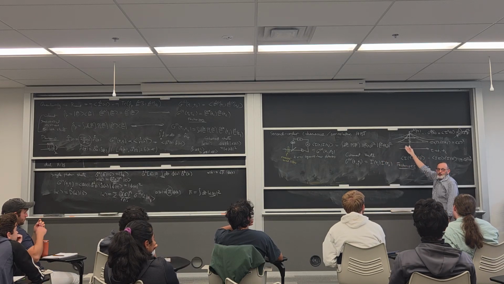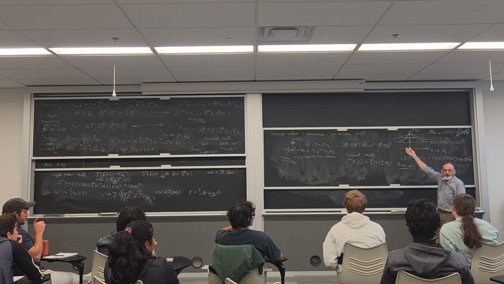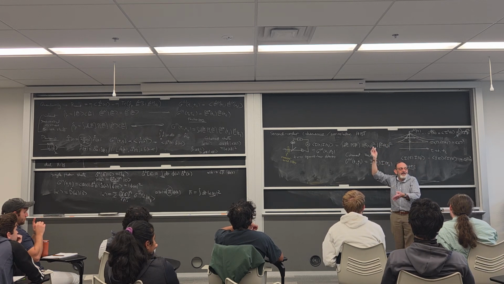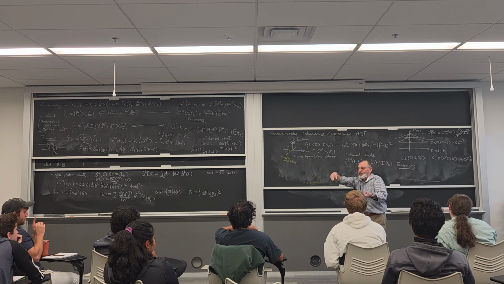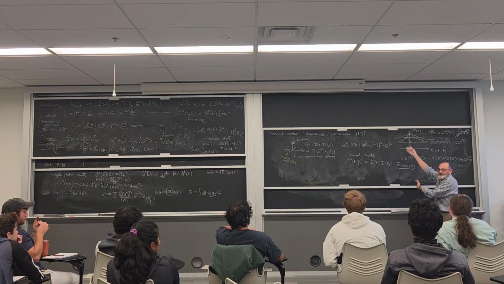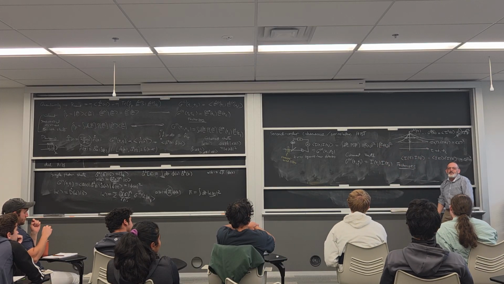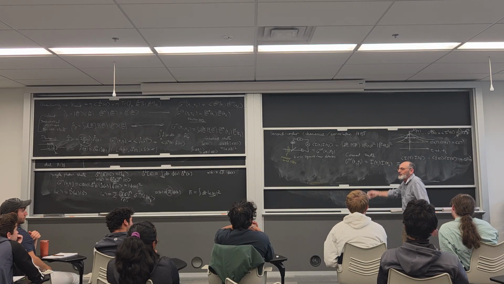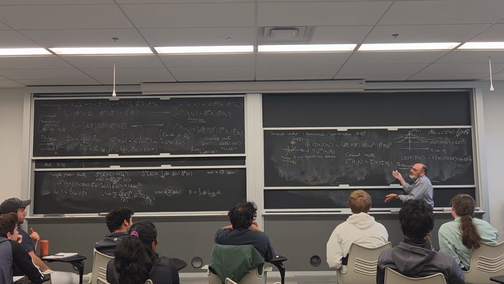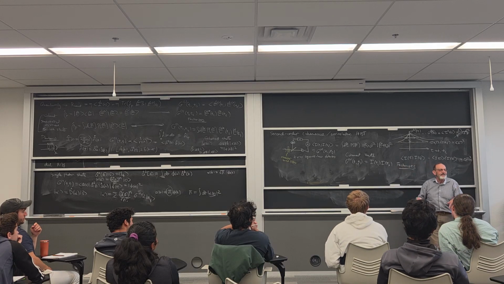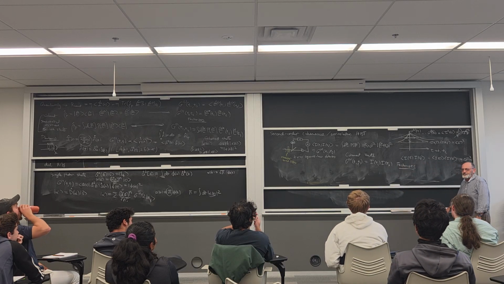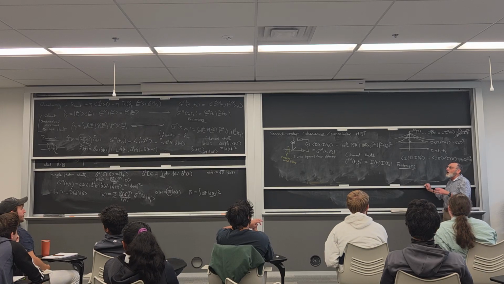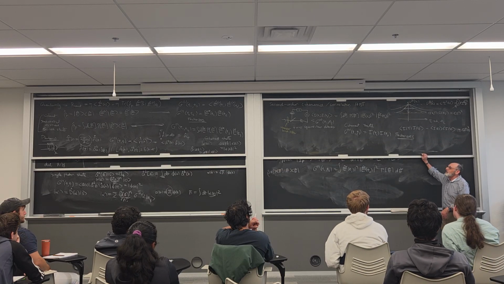Hanbury Brown and Twiss were radio astronomers who knew nothing about photons. They knew about radio electronics and homodyne detection and noise, and they said this is how we should measure it. And the physicists had conniptions about it because they asked, how do I understand this from a quantum field theory? Then Glauber saved the day and won the Nobel Prize decades later. Well, 40 years. So have we gotten to why we need a quantized field? Well, no, we're about to.